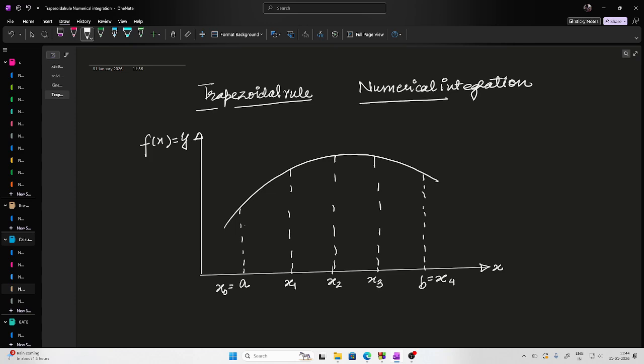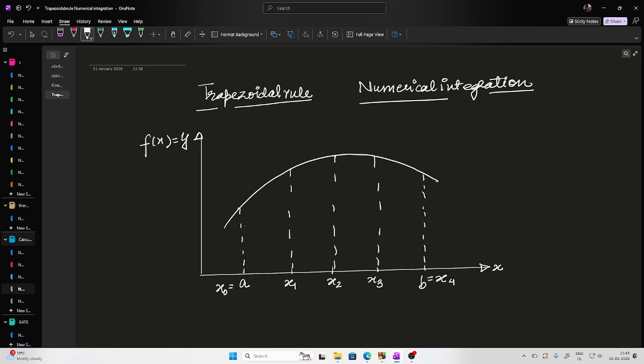Now, when it comes to numerical integration, the fundamental method, or the basic method, is known as the trapezoidal rule. Now consider a function. This is the curve of the function f(x), and I am interested in finding out the area. What is integration? Nothing but the area. So the area under this curve between point A